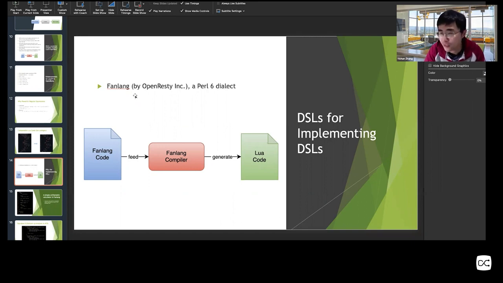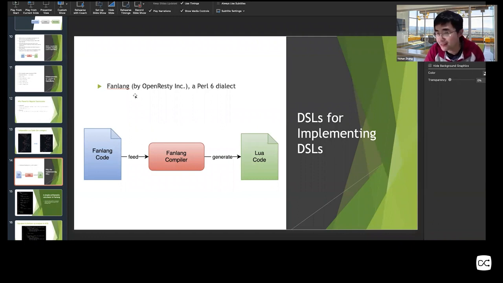Okay, and Fanlang, we call it Fanlang, is a dialect of Perl 6. Ironically, our implementation was done in just a few weeks, and it's already many times faster than the official Perl 6 compiler, both for the compiling speed and also for the resulting code speed. It's a complete win.